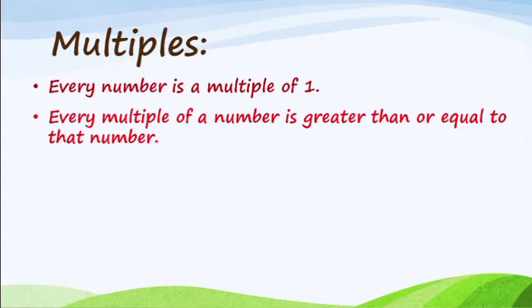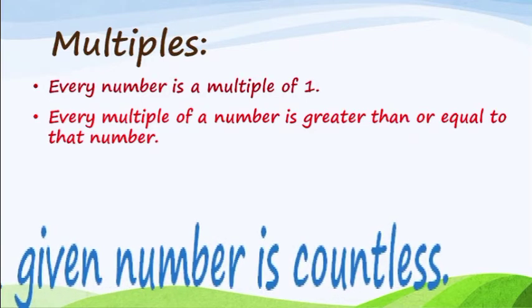If you try to find the multiples of a number, you will see that a multiple of the number will be either equal to that number or more than that. If you see the table of 5, 5 into 1 will be 5. So see, the multiple of 5 is equal to 5 here. When we see the table of 5, we get the first multiple as 5 only, meaning 5 is equal to 5. Now when I say 5 into 2, which is equal to 10, here 10 is greater than the given number. So whenever we find the multiple of the given number, it will be equal to or greater than that given number.